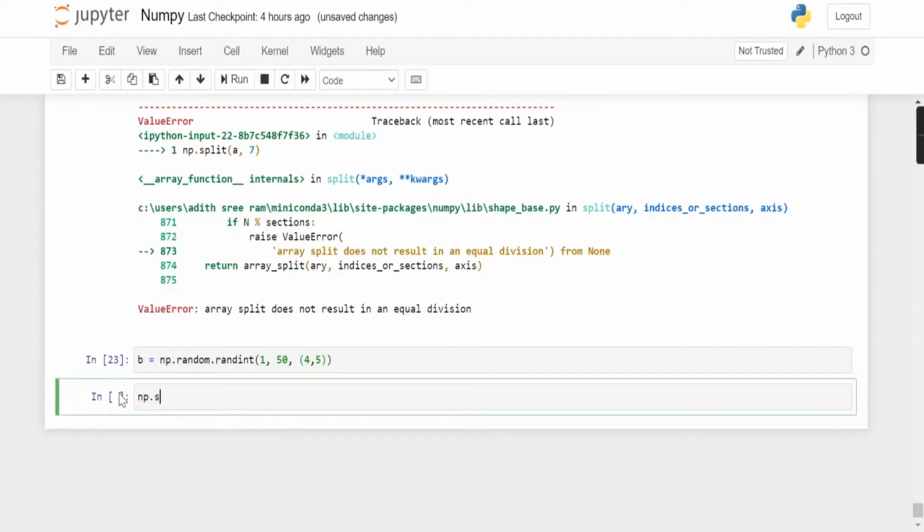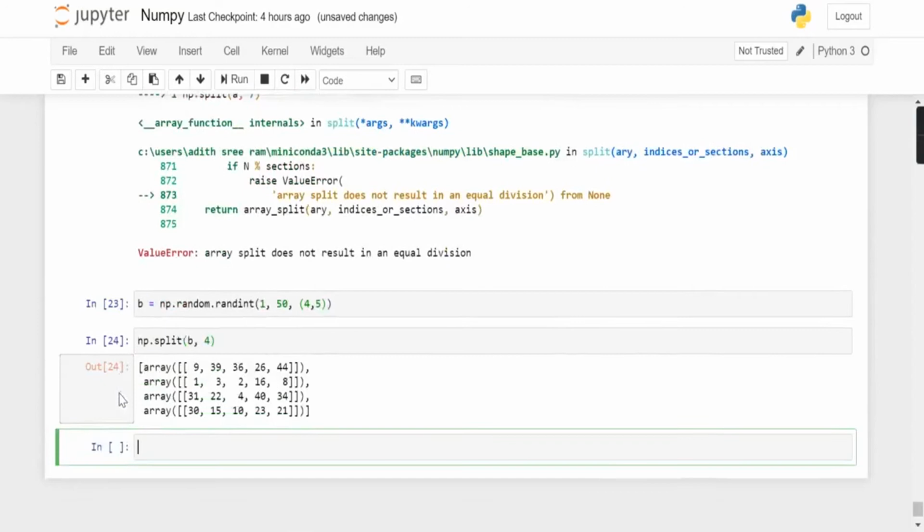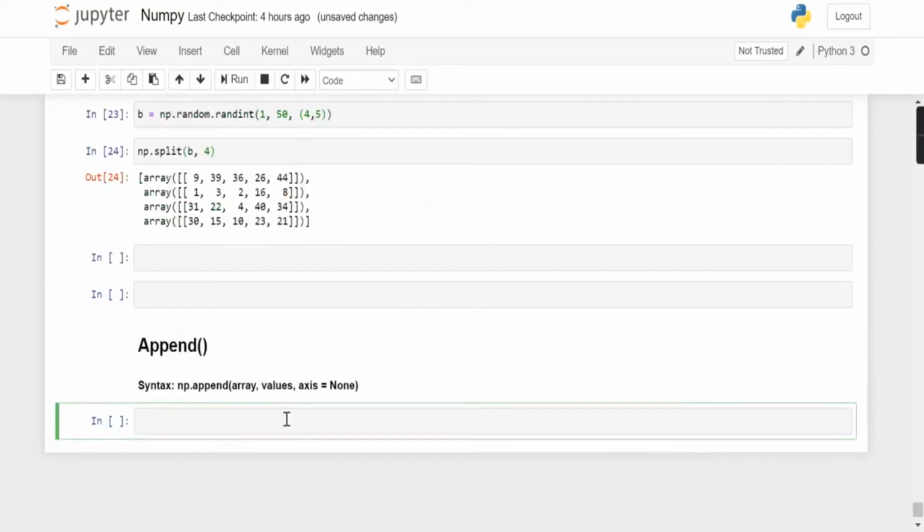So np.split B, 4. As this array has 20 elements, I can split it into 4 parts, and when I run it, now I got 4 different arrays, and all these 4 are 2-dimensional.